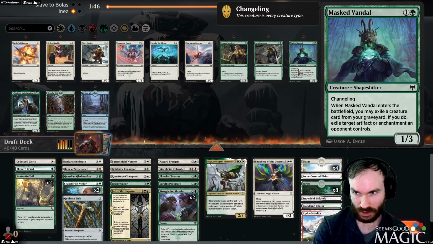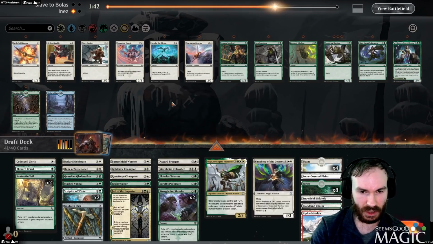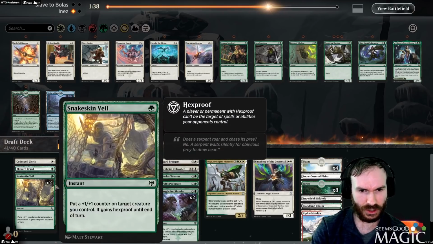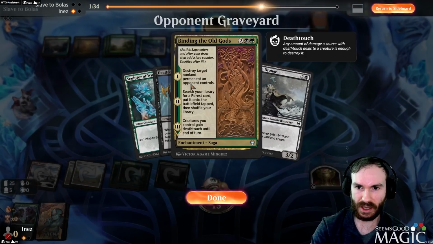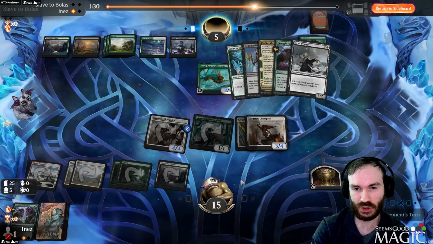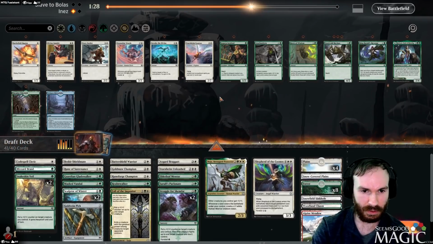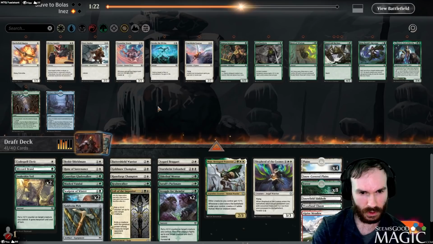But it's probably still worth bringing in the Mass Vandal and cutting something for it. Not exactly sure what yet. They didn't show us a lot of removal. They did mull, though. Yeah, I guess paying 1 mana to protect from this is maybe worth it. Maybe not, though. Oh, protect from struggle. Yeah, all right. I think we keep in the Veils. We probably cut a creature. We could cut the Gladewalker. Could cut